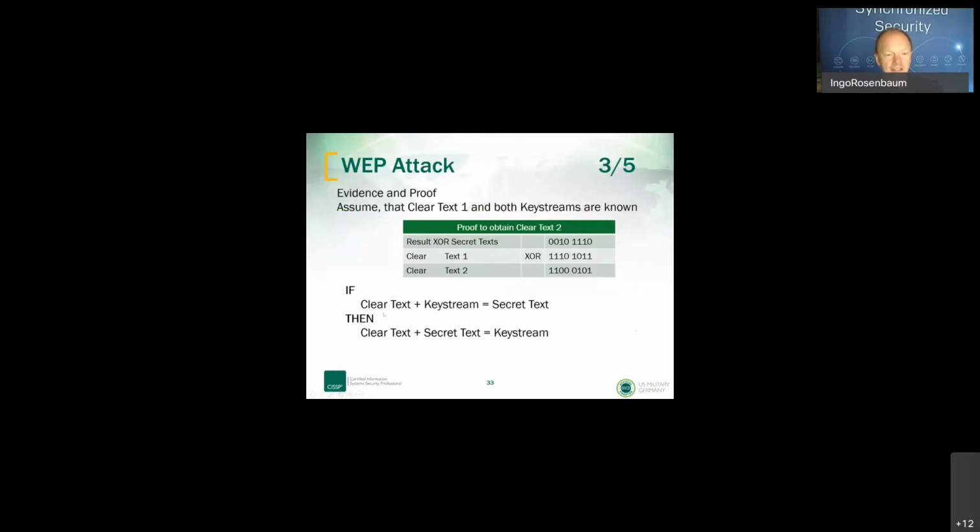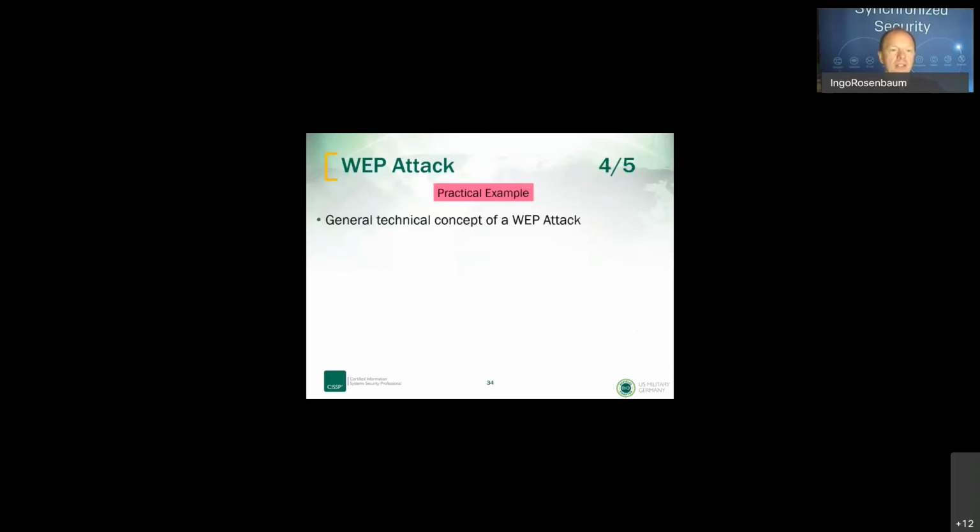So if clear text plus key stream equals the secret text, then the clear text and the secret text reveal the key stream. This kind of technique with the exclusive OR operation is already known as a known plaintext attack. It also happens in other areas of crypto attacks, but it is very easy to implement now because